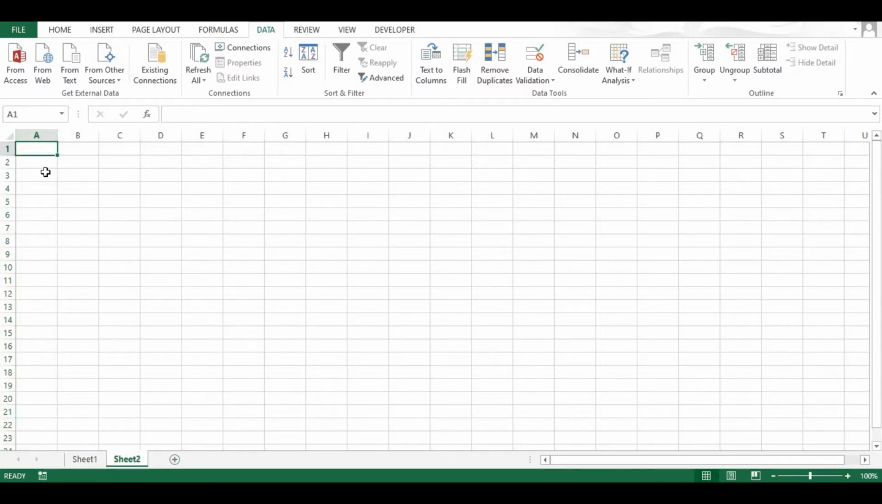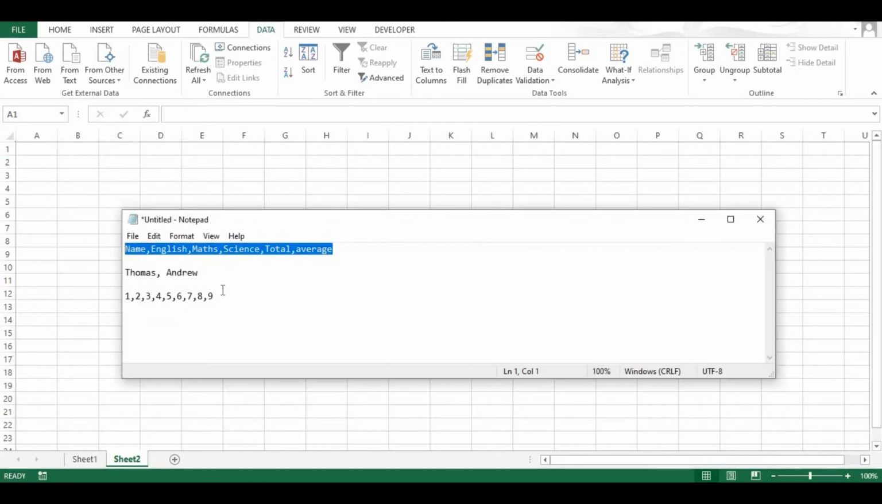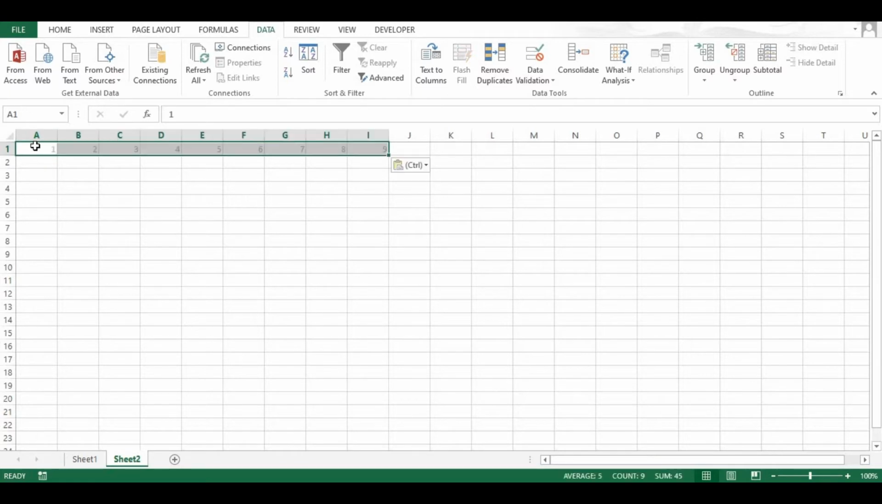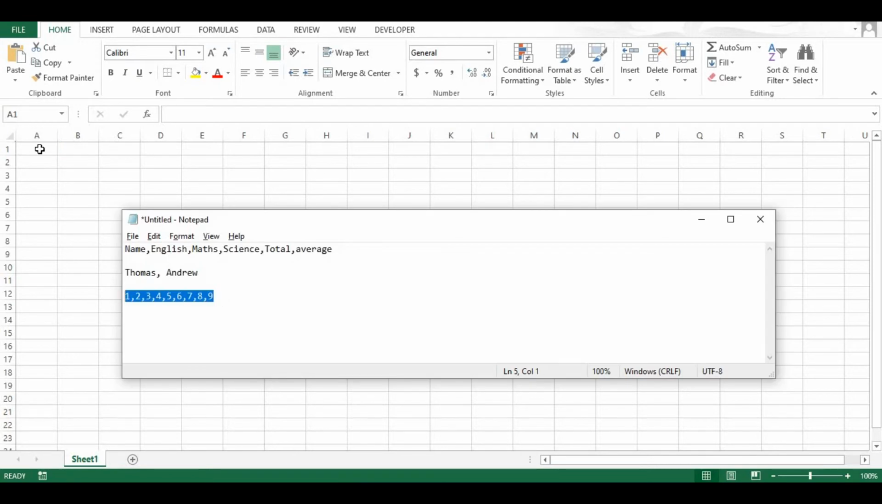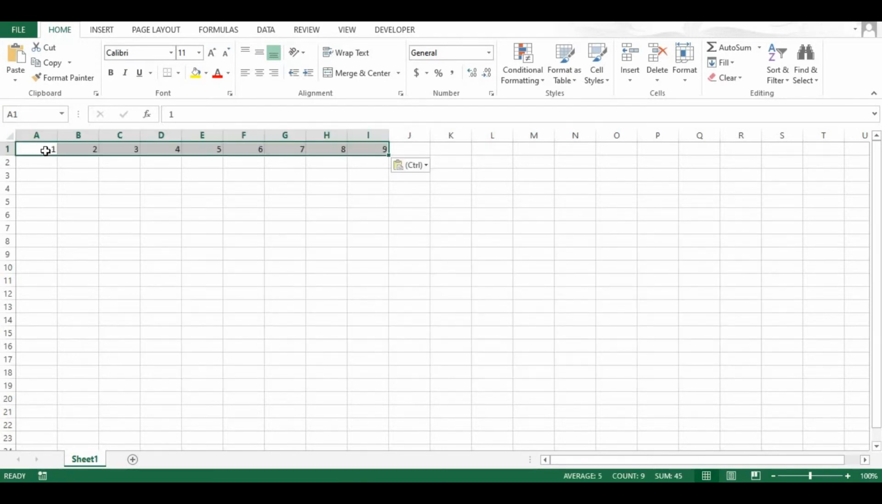I opened sheet 2 and I have new data now. I'll just copy this particular data and paste it. But if you could see, once I pasted it, it has taken the already applied text to column criteria and it has separated the data into 9 different columns. Let's go to a new workbook. I'm giving Control N. In the new workbook also, I'm going to copy the same data, go to the column and paste it. So it is taking the same set of text to column criteria